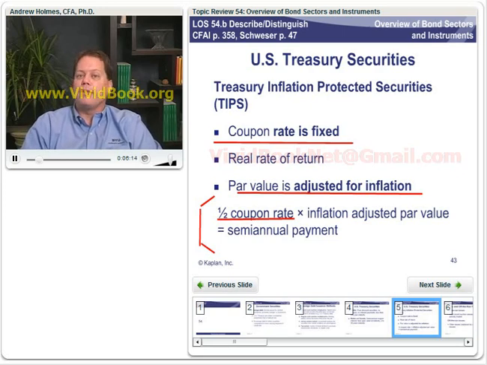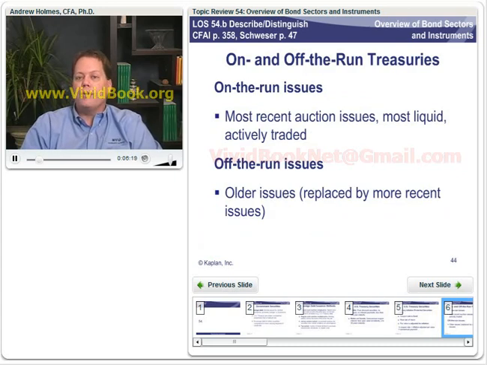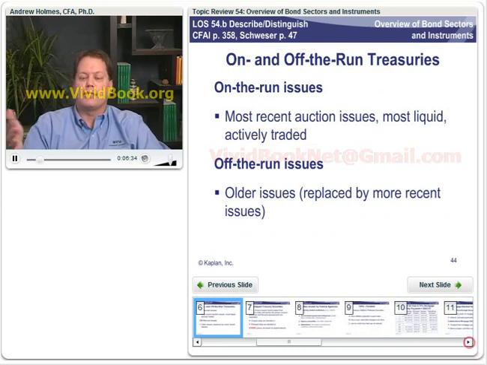Okay, what about the distinction between on-the-run and off-the-run securities? Well, remember, we're issuing securities in a bunch of different classes. So every week we're going to issue the 30, the 90, and the 360-day T-bills. And then we're also going to issue at regular intervals the 2-year, the 10-year, and the 30-year securities, or something along those lines. That changes from time to time, and that may not be exactly right even today. But nonetheless, every week or every month, we're going to be issuing new securities.